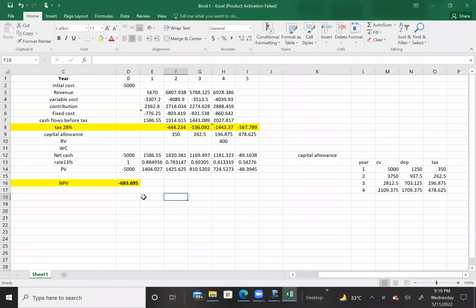So on financial grounds, when we write the comment, we will write that on the financial grounds, this project should not be accepted because the NPV is negative. Okay, on financial grounds, this project should not be accepted. But